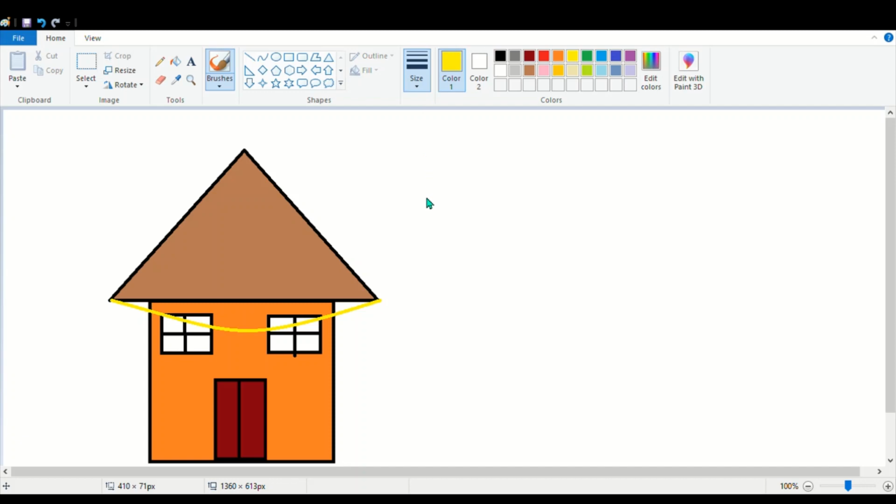The size is a little bigger. Lights here.